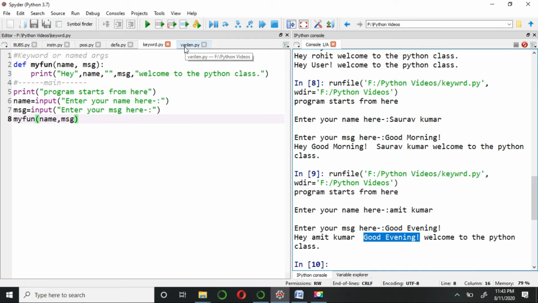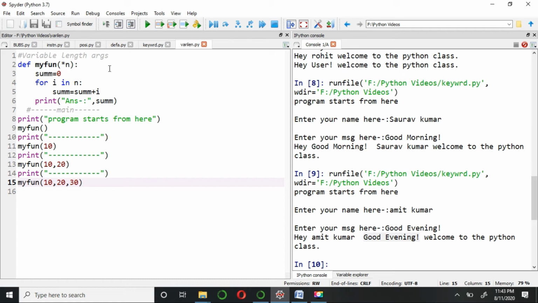Now we have the last category, variable length. I found it very interesting and it is only there in Python. If we talk about C++, it was not there, and it is very useful. See, every programming language has some good things as well as some bad things. Python provides us such a platform where you are not required to mug up a lot of syntax, whereas in C++ there was a pattern given where you have to write your program in the same manner. Here, most functions are previously defined by the interpreter.